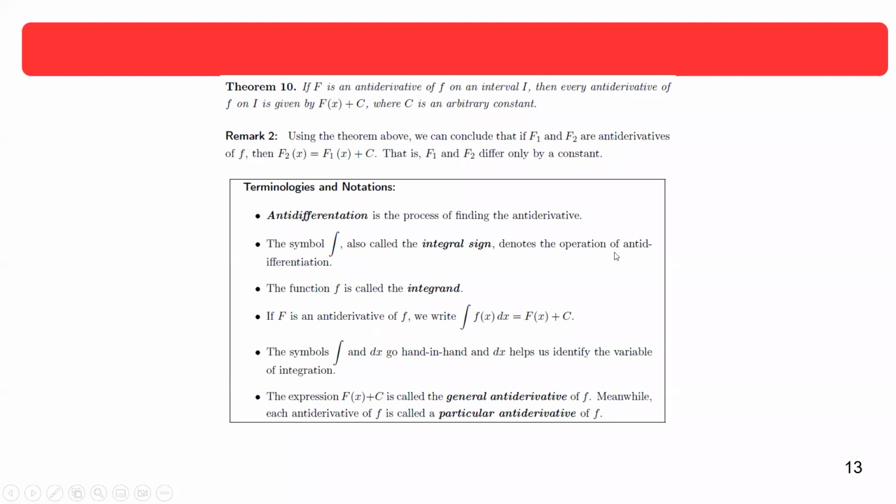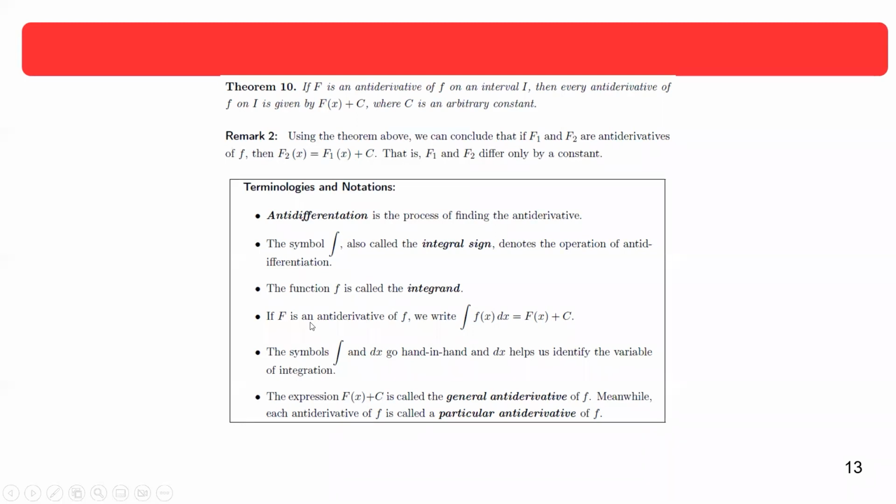By the way, I'm very particular with the terminology. For example, if I ask you, what is the process of getting the derivatives? I don't want to hear "derivation," diba? The process of getting the derivatives is differentiation. The process of getting the integrals is integration or anti-differentiation. So the function small f is called the integrand, the small function that's to be integrated.